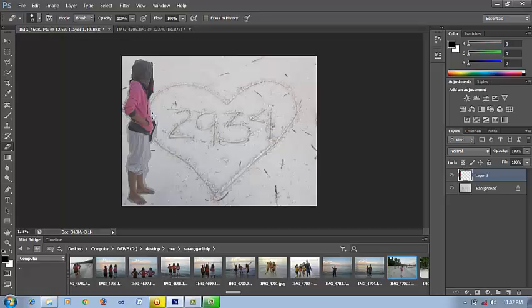Use the move tool by simply dragging the selected photo, and now the eraser: right click the mouse, long press it, then put the eraser into the part that you want to erase. Just do it carefully.